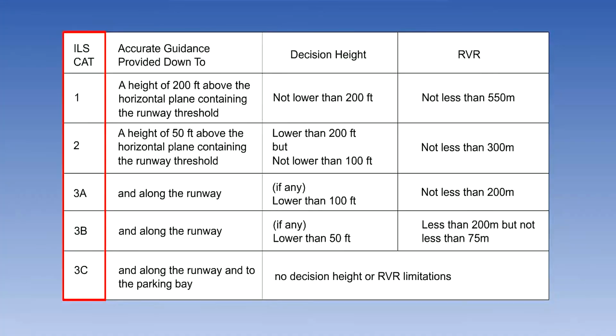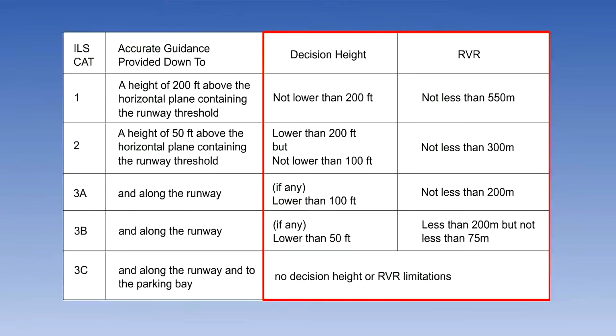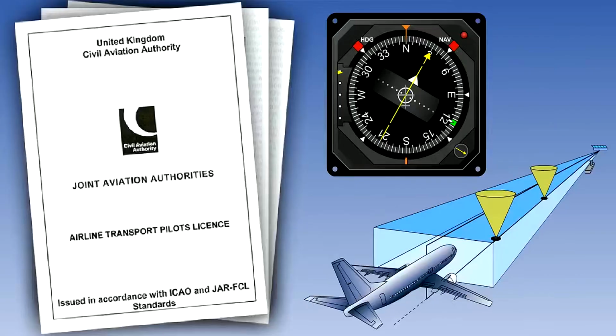The decision height depends in part on the ICAO performance category of the ground installation. There are three categories: Cat 1, Cat 2 and Cat 3, which is subdivided into 3A, 3B and 3C, which provide increasing accuracy and a lower decision height and associated RVR. You must learn these specifications. Not only must the ground equipment be appropriate, but also the aircraft equipment, aerodrome procedures and flight crew qualification.